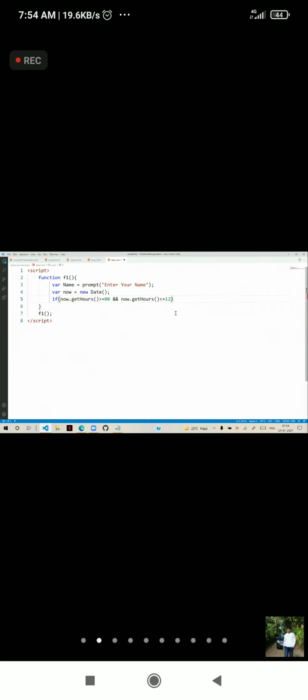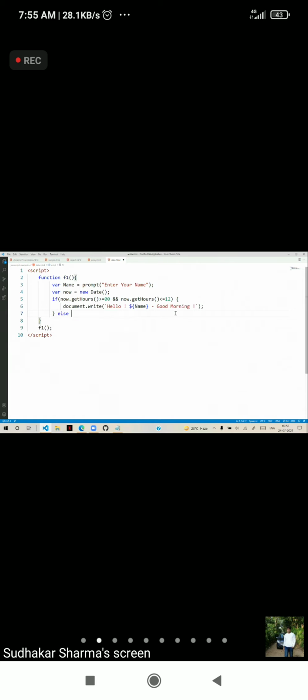If it is 0 to 12, then we need to display document.write. So hello, and the name, whatever name you entered. So hello name, and we need to display good morning. Like this, we need to display. We can keep images, you can keep some text string, anything we want to display.